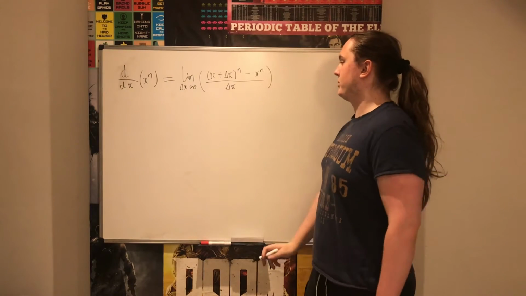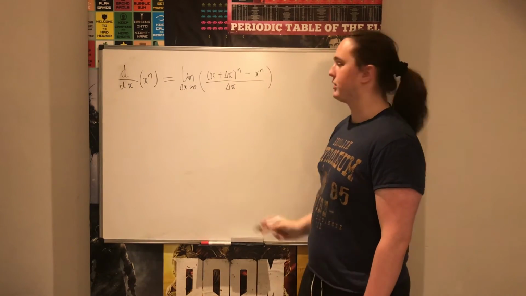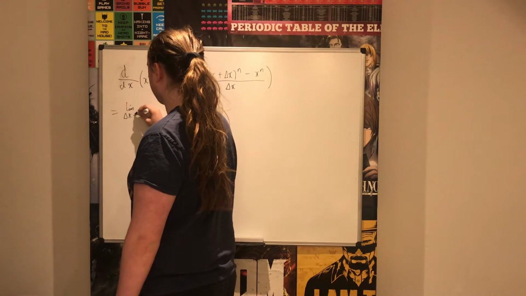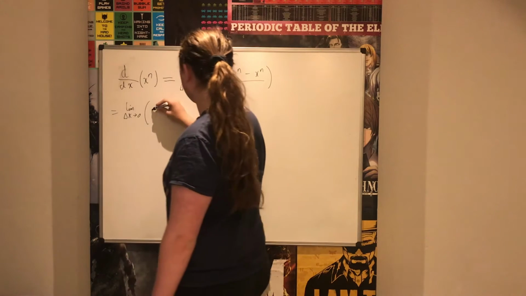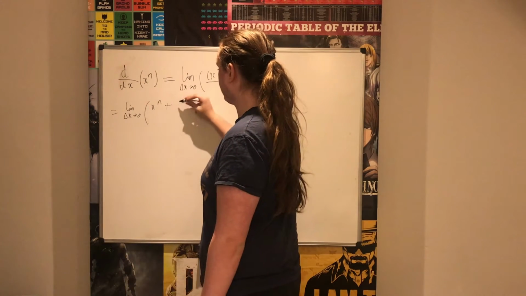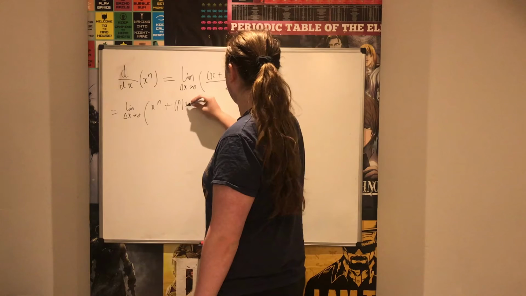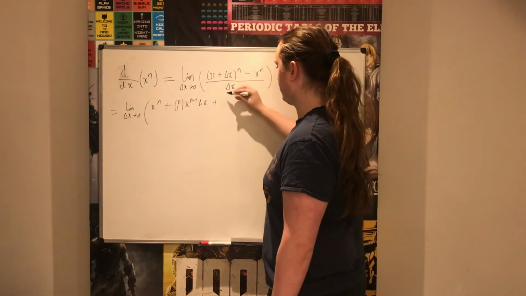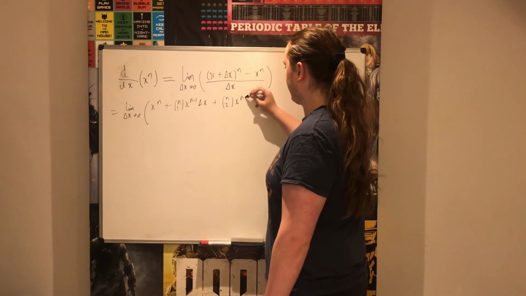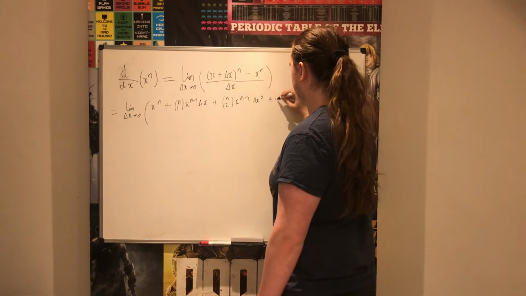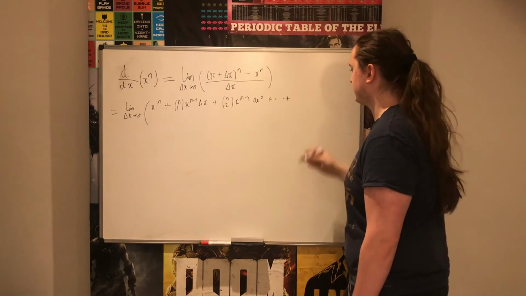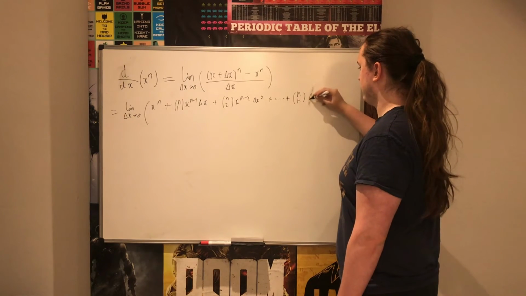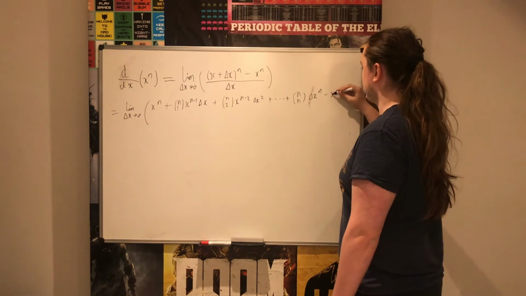Now we're going to use the binomial theorem to expand this bracket, so that gives us the limit as delta x approaches 0 of x to the n plus n choose 1 x to the n minus 1 delta x plus n choose 2 x to the n minus 2 delta x squared, and so on until we get up to n choose n delta x to the n, and then subtract x to the n